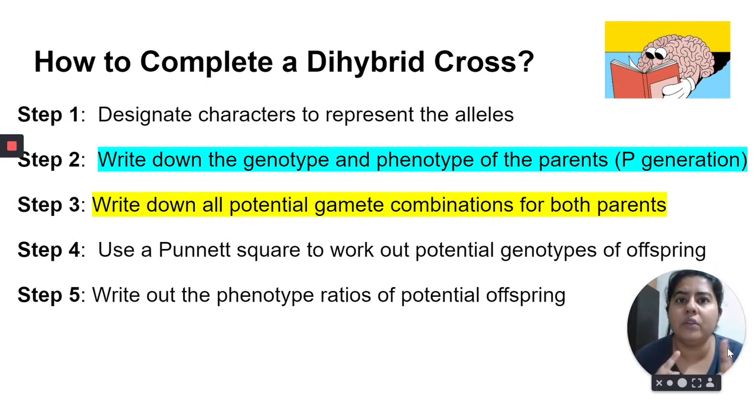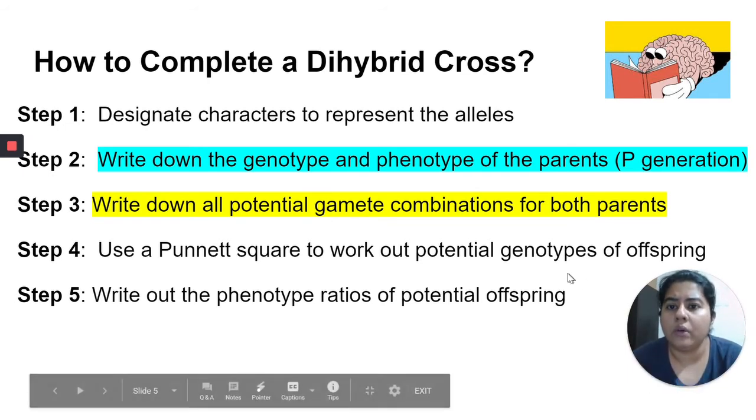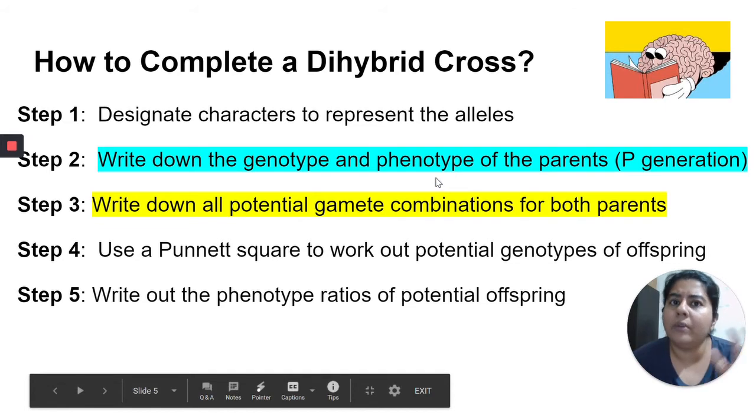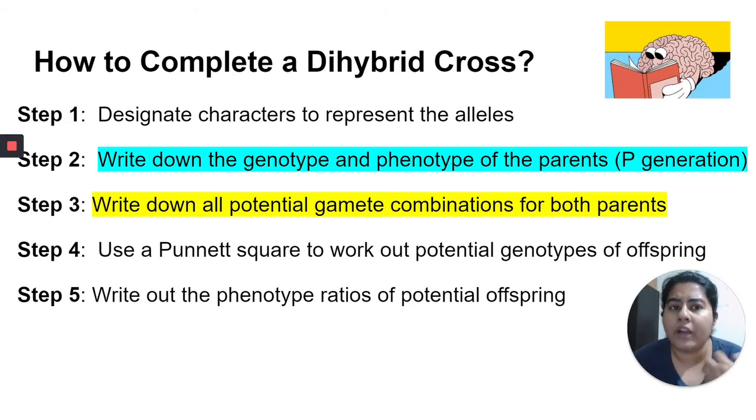So that means you will use 2 letters from the alphabet, and each letter will be in its capital and small form in heterozygous genotype. So next step would be write down the parents' phenotype and then the genotype. After you write down the parents' phenotype and genotype, what's the common pattern? Same thing as you do in monohybrid, that is write their gametic combinations. Then chalk out the Punnett square and find out the F1 offspring.